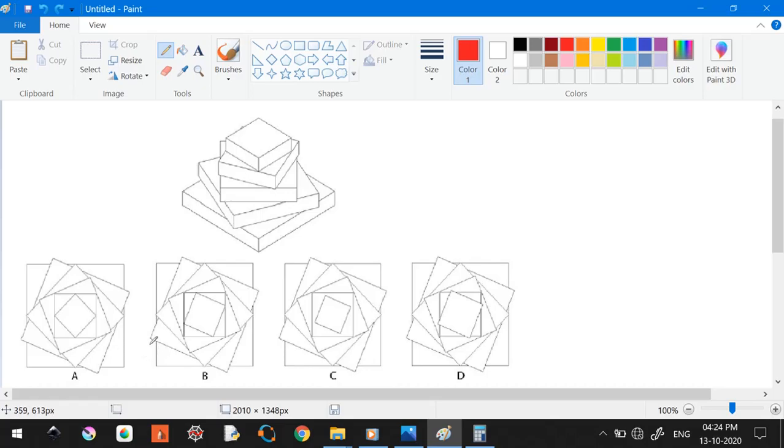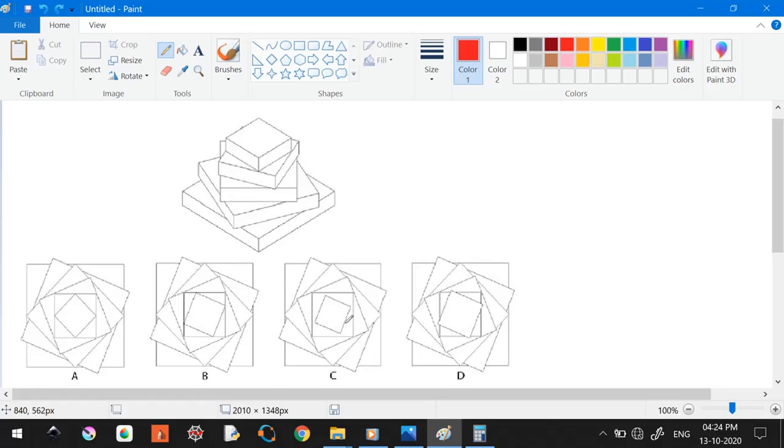So first check, I will check in the options if all the options have 6 blocks. 1, 2, 3, 4, 5, 6. Yes, 1, 2, 3, 4, 5, 6. Yes. So just a cross check. If you are lucky, we can eliminate 1 or 2 options that way, so that we can save time. That's from the exam point of view. But mostly all of the options will have 6